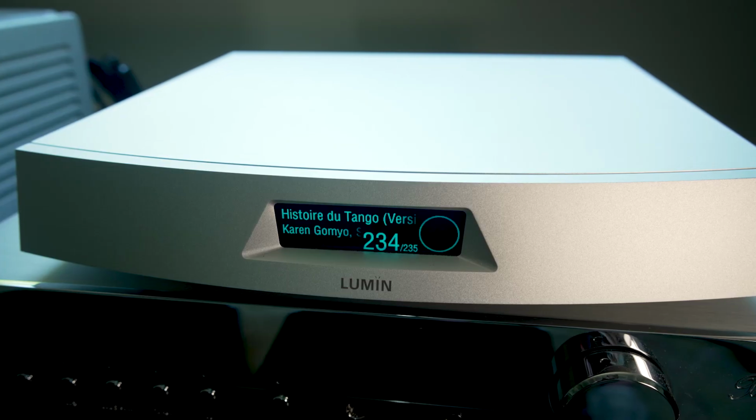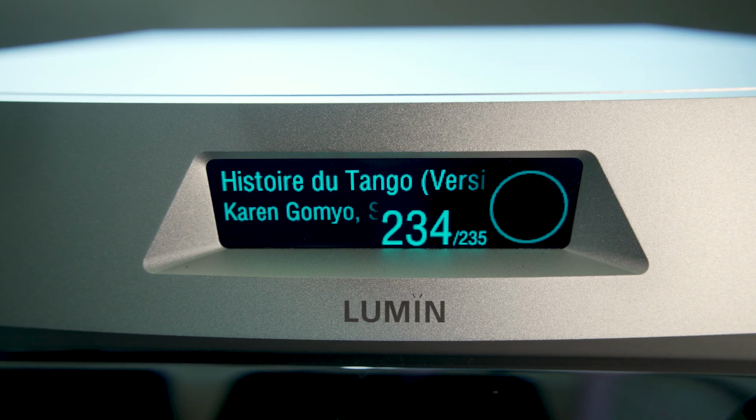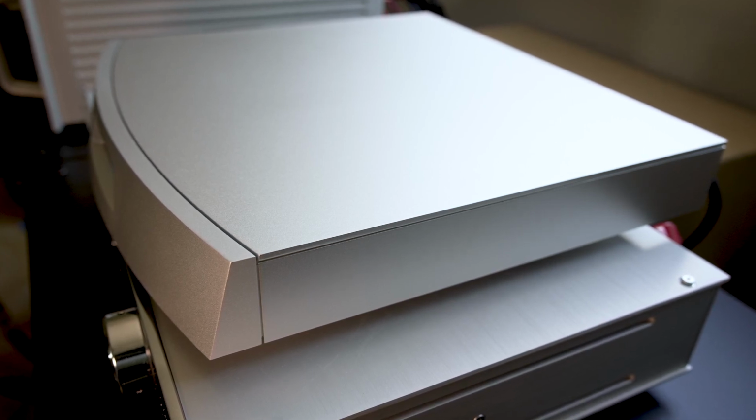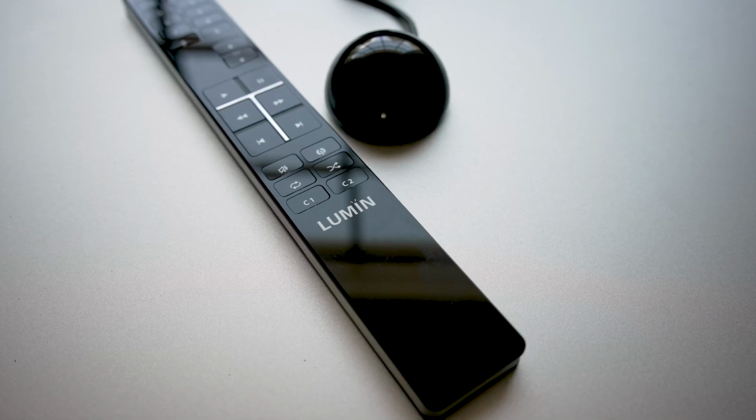So the ability of the T3 to just separate these streams and really decode them, I thought was brilliant. I loved listening to it. If someone came in and forced me to use this as my streamer, D to A converter, and preamp, I would have no problem, other than I'd have to figure out a way to listen to vinyl, and I'd actually probably consider just hard switching the cables when I want to listen to vinyl, because I know when I want to do that, and I've got to fire up the turntables, and yeah,